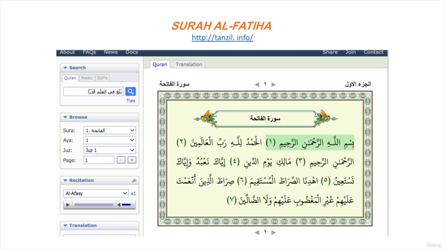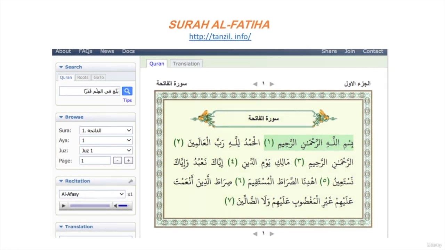And the translation would be in any language that you set up. Because as you see on the left side, the bottom, it says translation. And under it, there are languages, and you pick your own language. You can also choose which reader you would like. So all of that is just by going to the link that I have given you, and I'm giving you on this page.